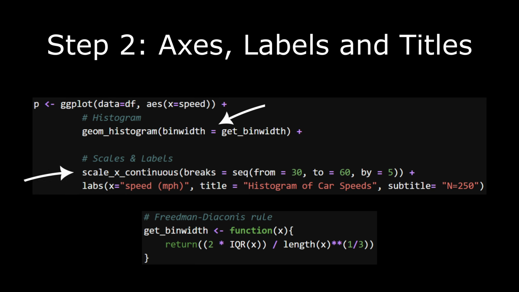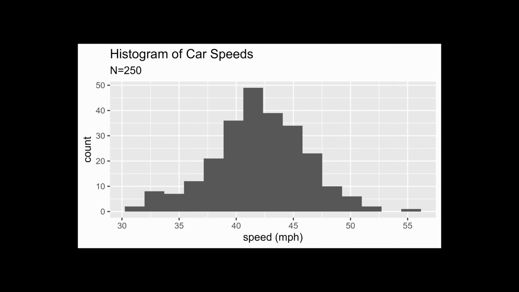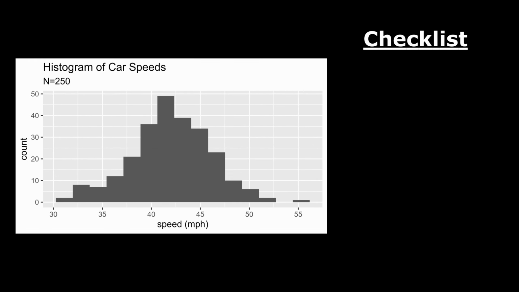The granularity of the x-axis ticks can be changed using the function scale_x_continuous, passing the breaks argument with the locations where ticks should appear. Let's divide this up into steps of 5 miles per hour. The plot and x-axis title can be changed easily using the labs function. Here is the plot with these changes implemented. The combination of detailed axes and informative titles makes it much clearer to the reader what the plot is about.